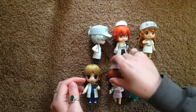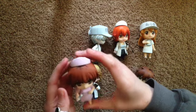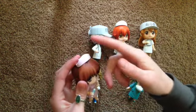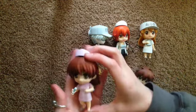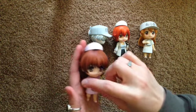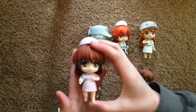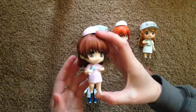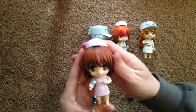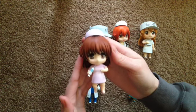Moving on to the next one, I put Nagisa in the pink nurse's outfit. I think she looks so cute. I did have to take off her ahoge, which is those little line things, but I still think it looks really good. She looks really precious, and she's got this little syringe. She's ready to go, give some vaccinations, help some people out, and I like it. Another reason why I decided to put her in this is because her character is very sickly in the anime, so I thought out of all of the Nendoroids I had, it made the most sense for her to be